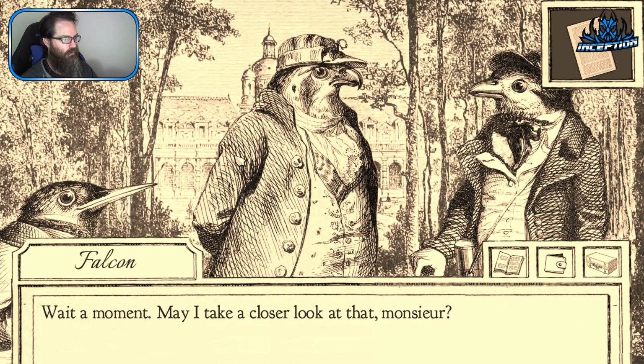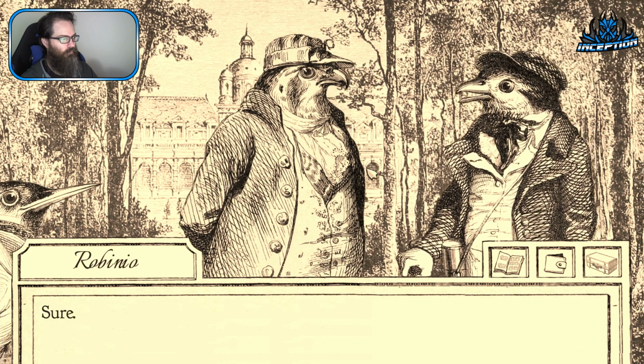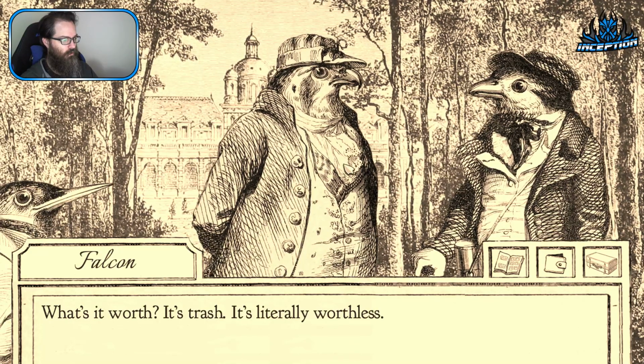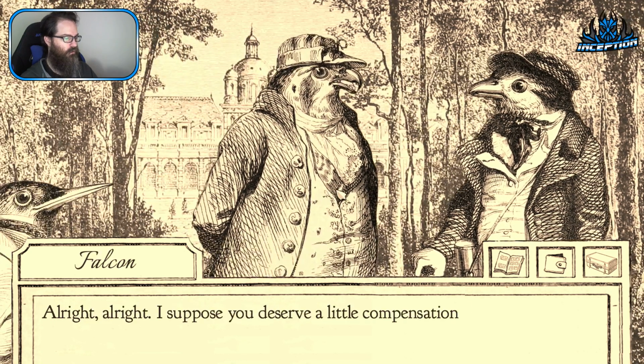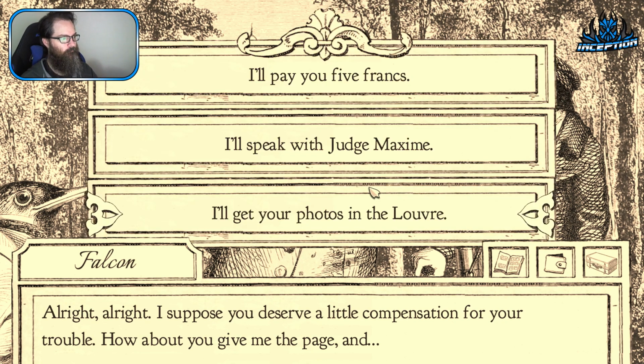Wait a moment. May I take a closer look at that, monsieur? Don Quixote. That's a page from Don Quixote. May I take it off your hands, monsieur? Sure, what's it worth to you? It's trash. It's literally worthless. Then I suppose I'll be destroying it as per my duties. Alright. I suppose you deserve a little compensation for your trouble. How about you give me the page and...